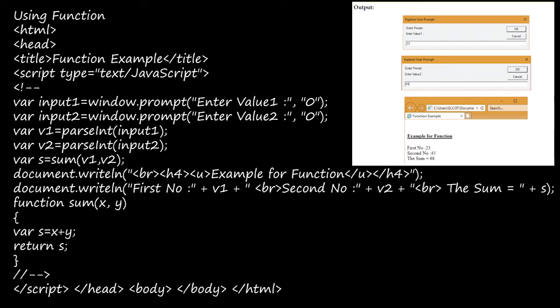Inside that you have given an example of a function. This is having u, so the example for the function is underlined. It is an H4 heading tag, right? So it will be a little bolder and it will be in H4 size. Okay, and in the next line, first number,